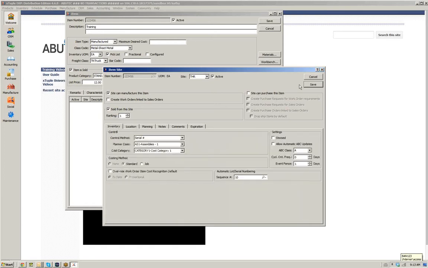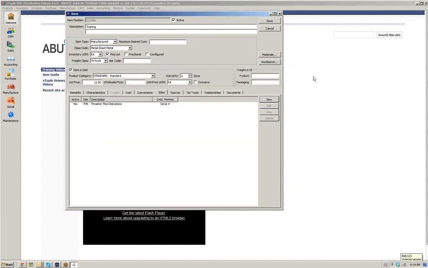And we're going to save this. So now we have a site set up for this item. And it's now indicated that it will be a serial number. And I'll show you later on how to set up the serial number